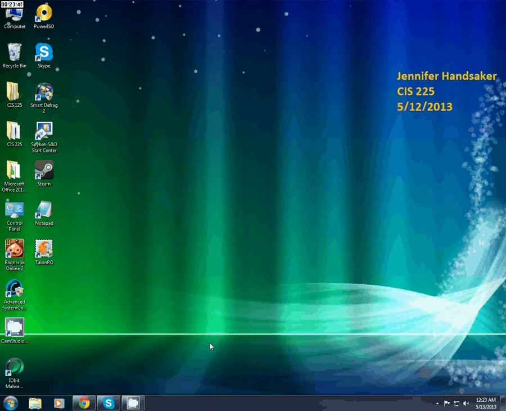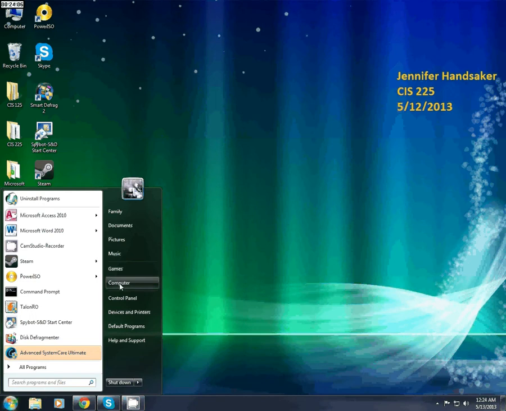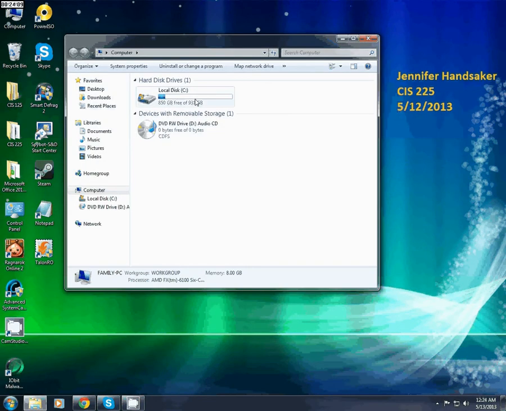In this activity, I'm going to show you how to use diskpart. We're just going to start it up and browse through the help menu and basically use it to explore disk properties. So I'm going to show you the long way to get to it, and then I'll show you the short way. So the long way is you start with the start button, click on Computer, Local Disk,